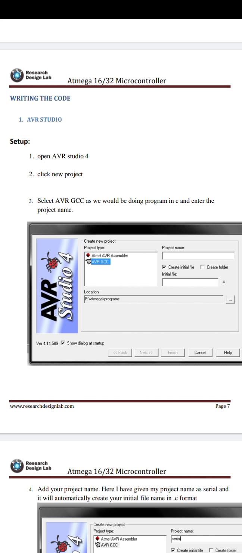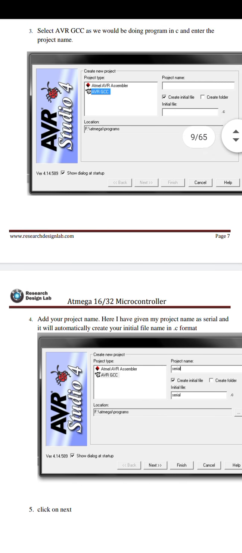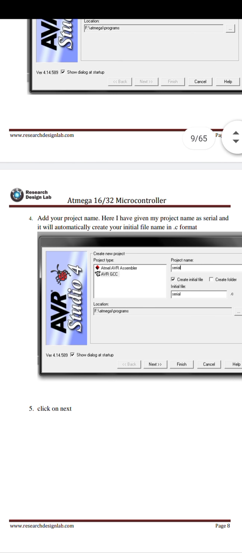Then select AVR GCC, this programming in C, and enter the project name. Then add the project name .c. You can write the project name serially and it automatically creates the initial file name in .c format.